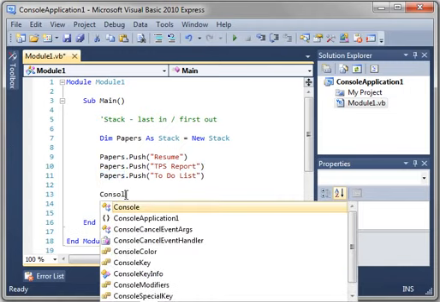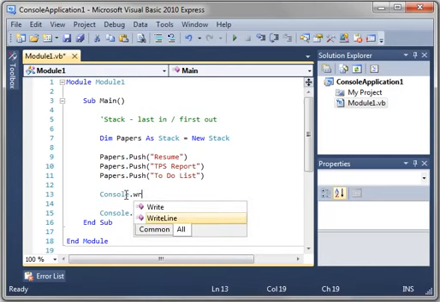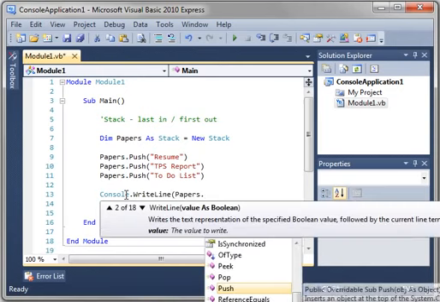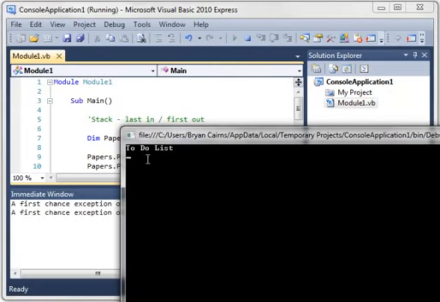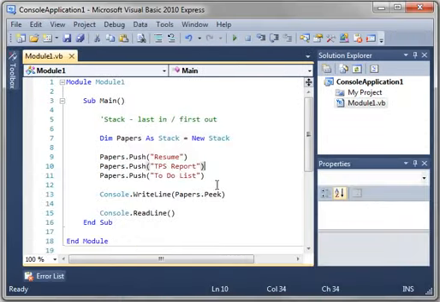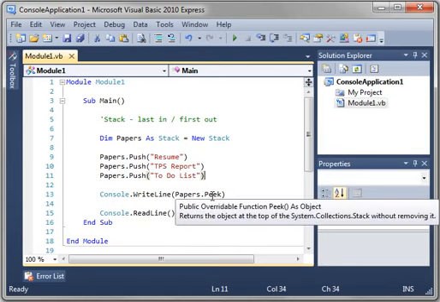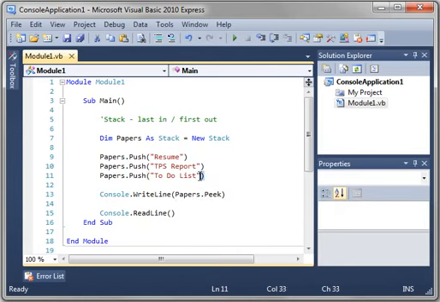So let's say console.writeLine. Let's say we want to peek. Now remember, a peek will just tell us what's at the top of the stack without actually removing it. So when you run this, well, it says to-do list. Why does that? To-do list is at the bottom. Remember, you're adding to it. So resume would be at the bottom because it was the first one. TPS report would be in the middle, to-do list would be on top. So when you're grabbing something off that list, you're going to grab the last one in, which was the to-do list. To prove that,